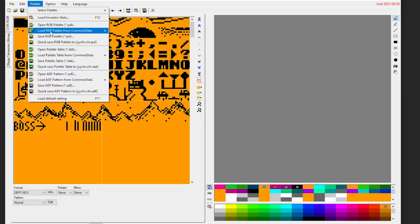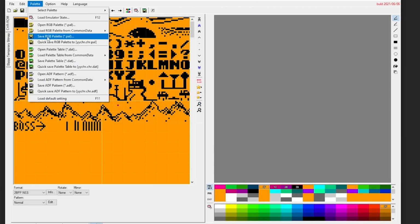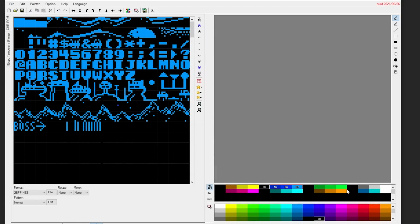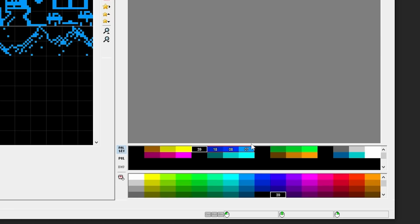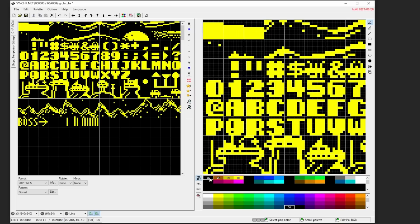All right, so this is the RGB PAL file down here, right? So over here, we go to palette table, which I've also created. This is actually the palettes that you'll use. On the Nintendo, a group of 4 tiles had to have the same palette color. A good way of thinking about that is like the blocks in Castlevania, how they were 2x2. And that was the minimum granularity for color. Now, we don't have that limitation with what I'm building. So if I click on one of these 16 palettes, see how it automatically changes the color of everything? Now, everything up here,